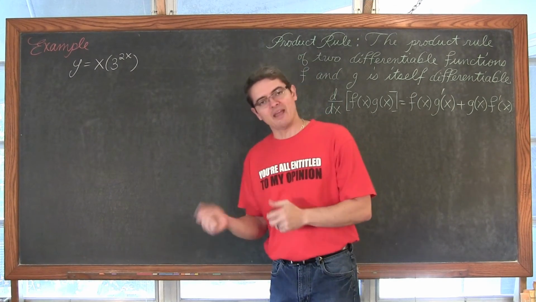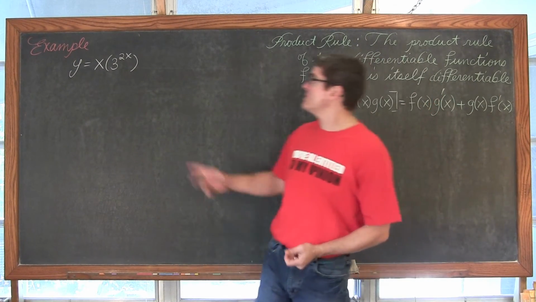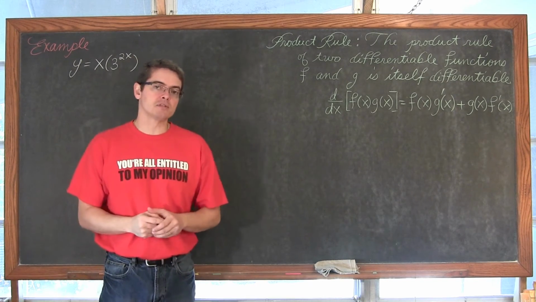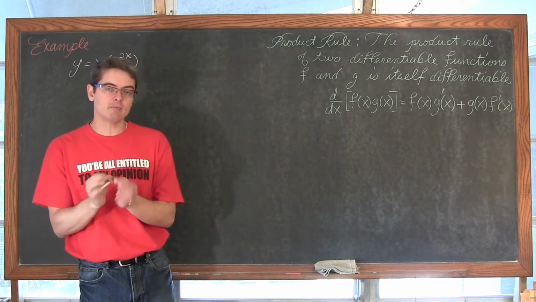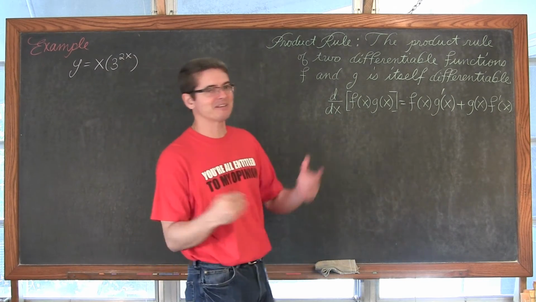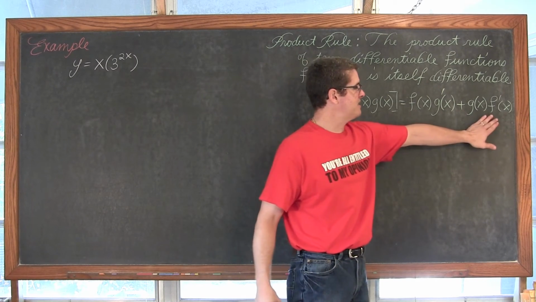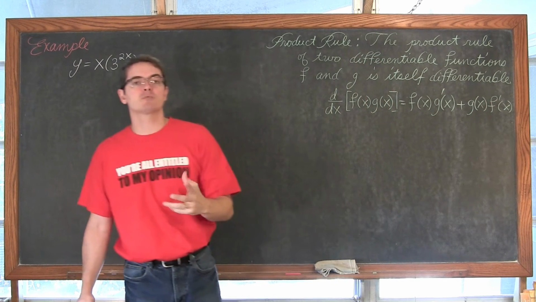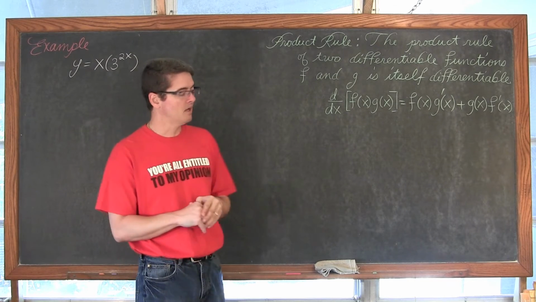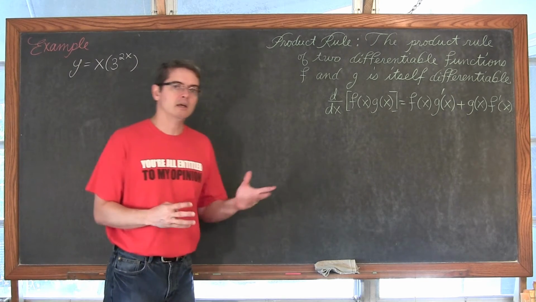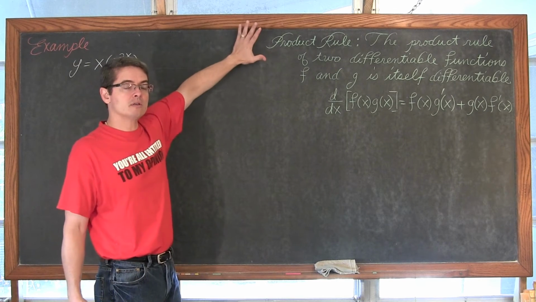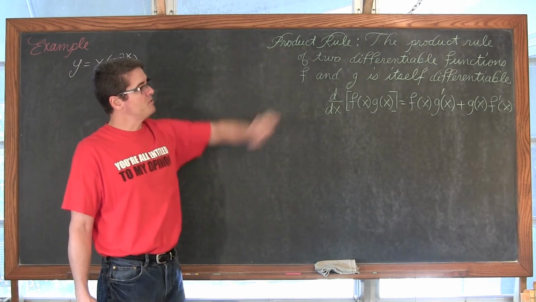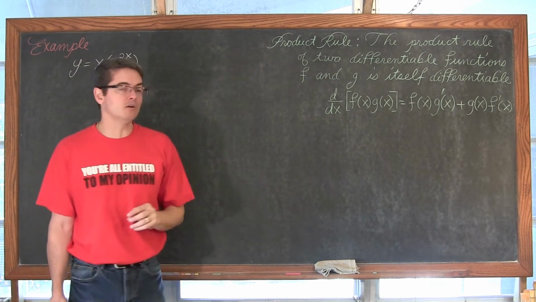For our next example, the third example, we are going to need to use the product rule to finish these problems. So let's remind ourselves of what the product rule states. I'm also going to correct a small error in my notation from a video I did a little over a year ago. When I did this, I had these factors flipped, but multiplication is commutative, so I didn't have any problems with the final answers being incorrect, but it bothered some viewers that it didn't exactly match what their book said. So here is my product rule as the text that I teach out of states. The product rule of two differentiable functions, f and g, is itself differentiable.